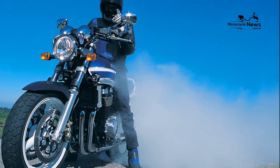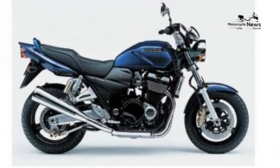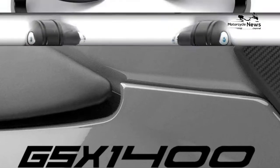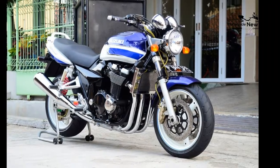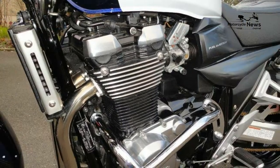Engine. Low-down urge separates the Suzuki GSX1400 from its competitors. 93 ft-lb at 5,000 RPM is more than impressive. It gives the bike a real rhino feel. Tiny throttle movements equal serious acceleration. Suzuki's got a long history of brawny big-bore air-cooled inline fours developed over the last 30 years, and the GSX1400